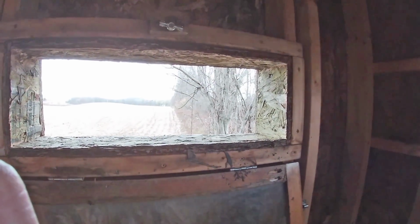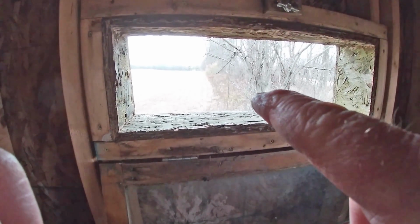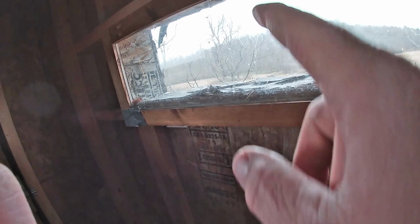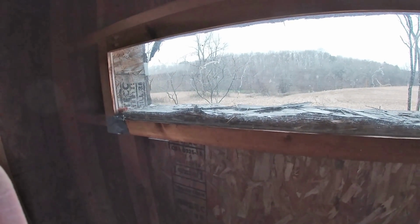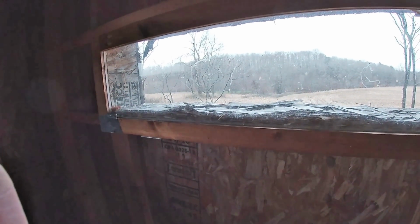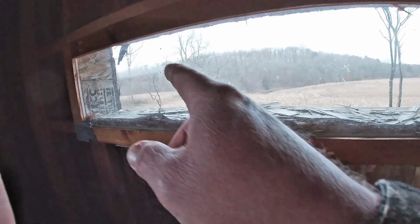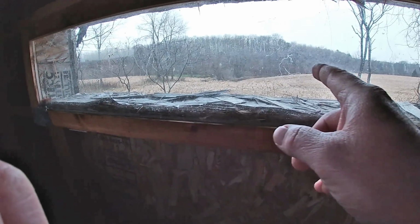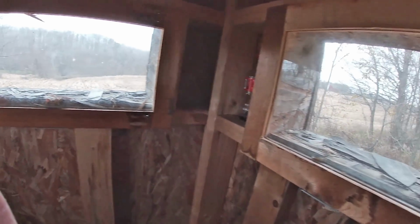Alright, day 2, it's Sunday afternoon. Walking down from the road there, I jumped a doe out of that hedgerow, which ran across that cornfield up into that woods. The only problem was the only thing I had to shoot at was its ass and back because it ran directly straight away from me. So yesterday I had 3 come out of the corner here and go right by me at 25, 30 yards, but I didn't pull the pin